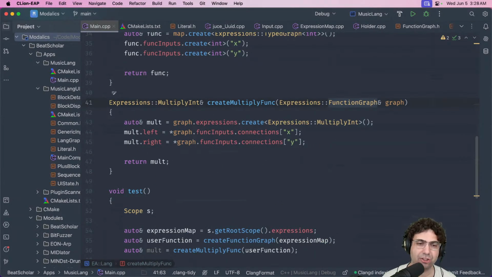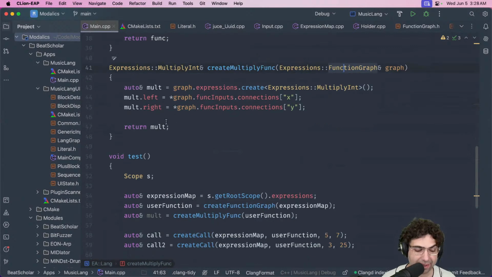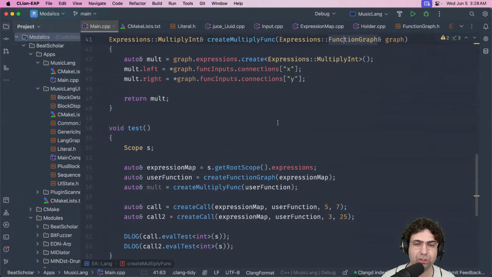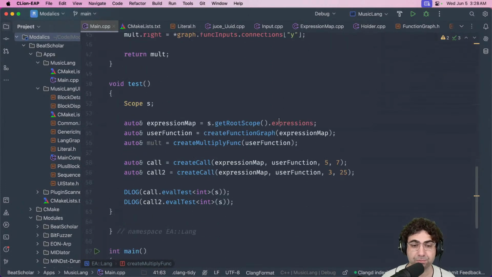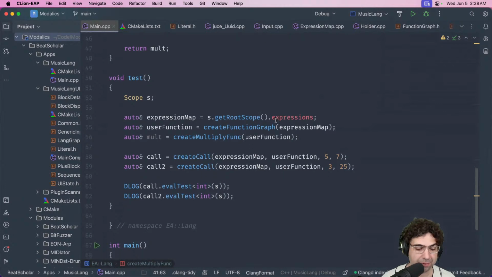So let's imagine you write a function called song form. The song form might take in as inputs multiple pieces of music, but it will return one piece of music that's chained from all these together. So that would be the function. In this case, I was making tests with a function that does a very simple multiply over an integer, but this language can take multiple types, like a musical type.